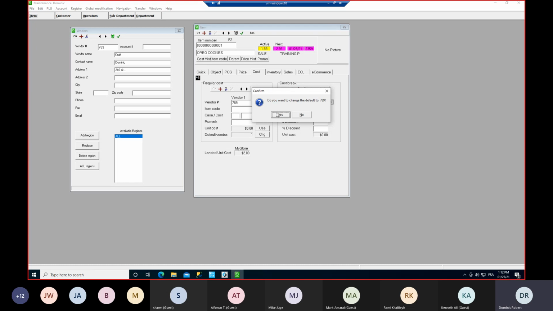So in this specific case, I will go with yes, I want to use 789 as my default vendor. But if I use the black arrow there, I do have multiple vendors, so I can choose either vendor 1 or 789, which is Kraft. Item code is referenced as the SKU number. So here it's a generic SKU number that I created. The case cost: the case is the number of units that you have in a case. So let's say for the Oreo cookies, I have $24 in one case, and